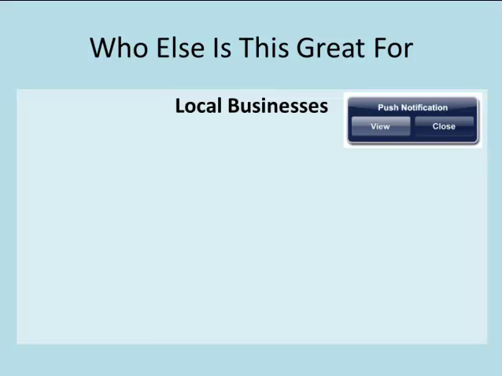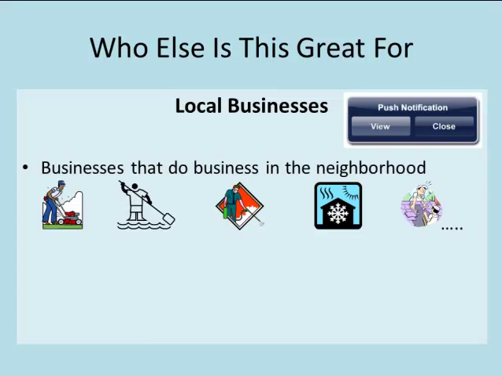Now, what kind of businesses do we have inside here that advertise in this app and this website? Well, local businesses that do business in the neighborhood, like your lawn service, your pool service, your pest control. Now, all those are monthly, bi-weekly, or weekly type services. Then you also have companies that do bigger ticket items, like the roofers and the AC guys, putting in a new AC unit,